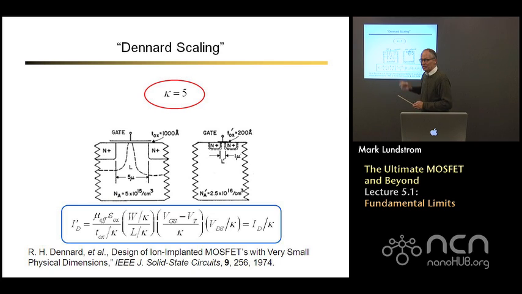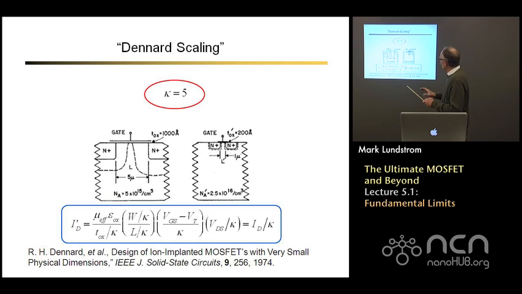You have to reduce the junction depths by a factor of 5 to manage the 2D electrostatics. You have to reduce the depletion widths by a factor of 5. How do you do that? You reduce the doping density by a factor. Here they did it by a factor of 2, and then you reduce the power supply voltage by an appropriate factor, and you end up shrinking the